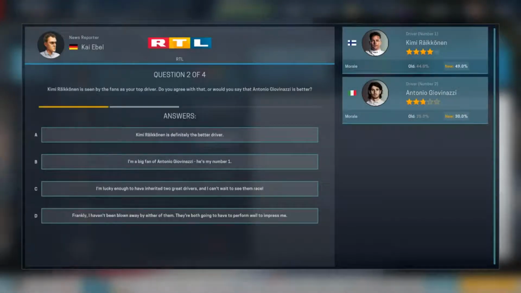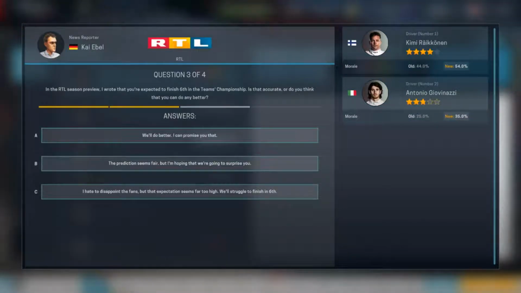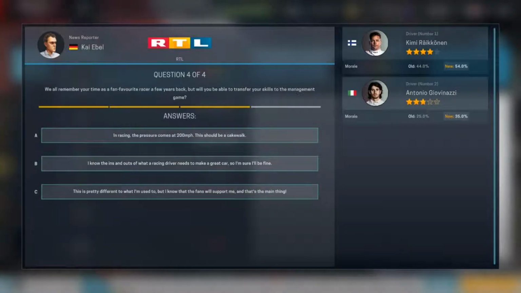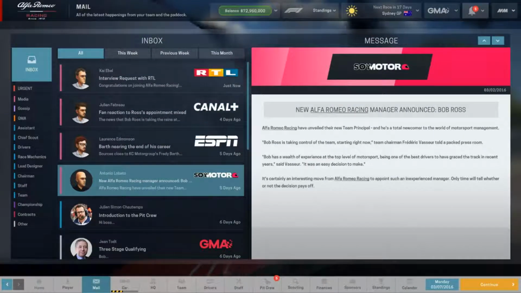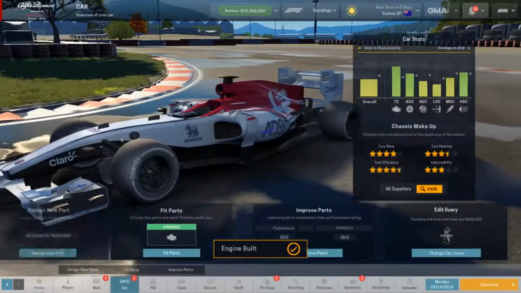As of right now, Kimi Räikkönen is our #1 driver, so we gotta kind of keep him in our sights, try to get him to the front as quick as we can. He is the guy that we're gonna be focusing on, at least as far as I know, because Antonio may get a really good race, who knows. So